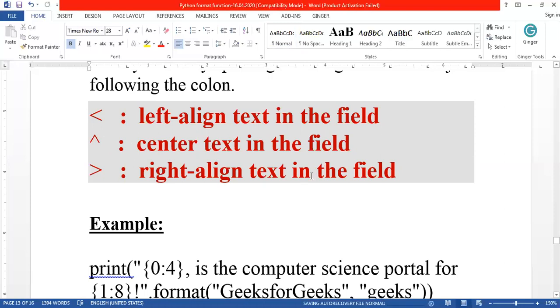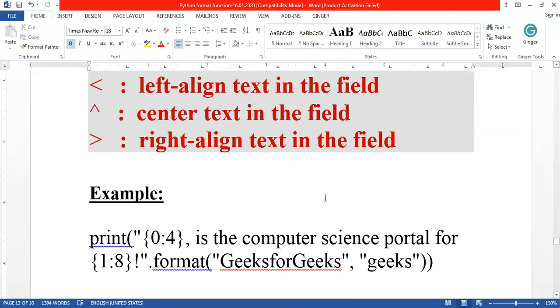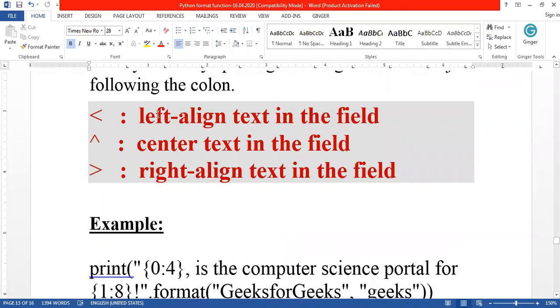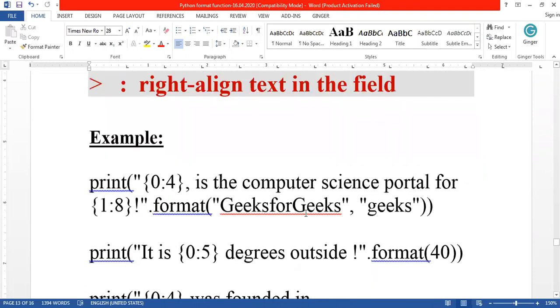By default, strings are aligned on the left-hand side, and numbers are aligned on the right-hand side. That is the default manner. If you want to change the default, to align on the right-hand side, you can use the greater than symbol. If you want to align in the center, you can use this symbol. Let's see some examples.